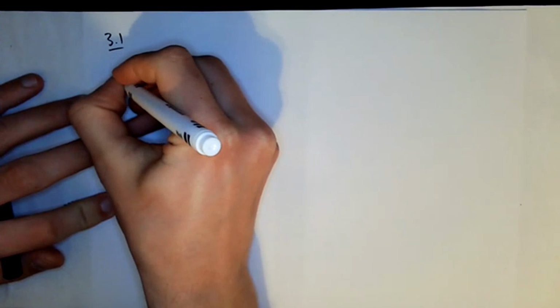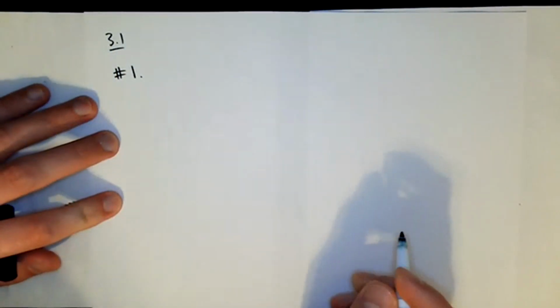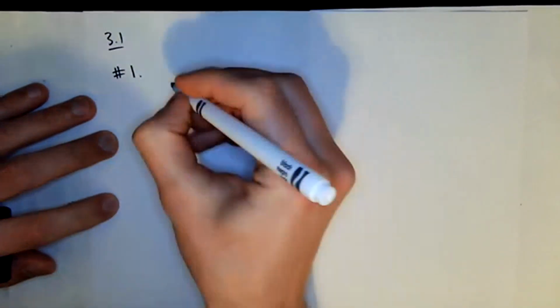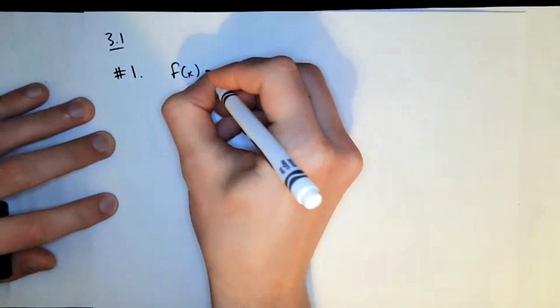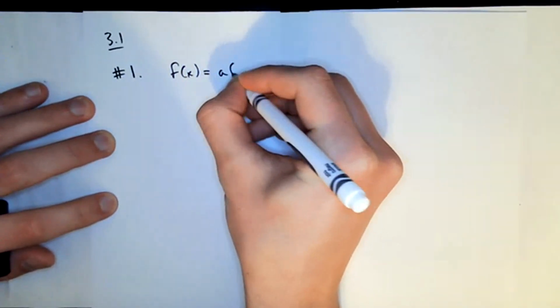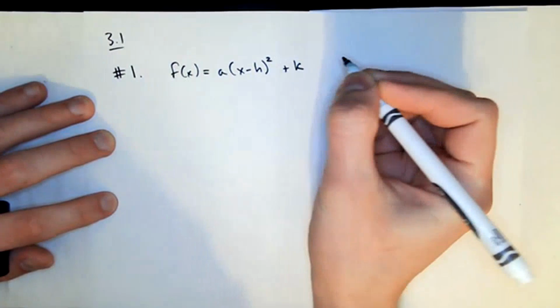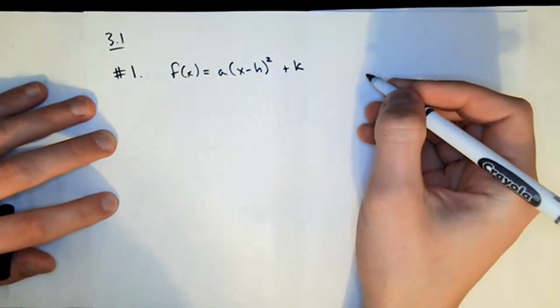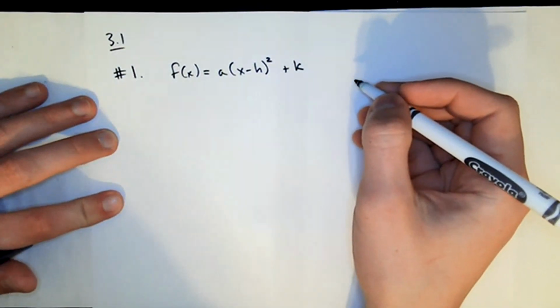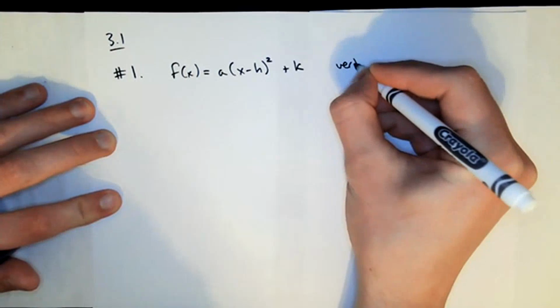Okay, so what I'd like to do is work through the WebAssign homework. So number 1, this is 3.1, number 1, says the quadratic function. So we've got f of x, and they've given us a generic form here, a times (x minus h) squared plus k. This is a generic standard form. So they say f is in standard form. The graph of f is a parabola with vertex,